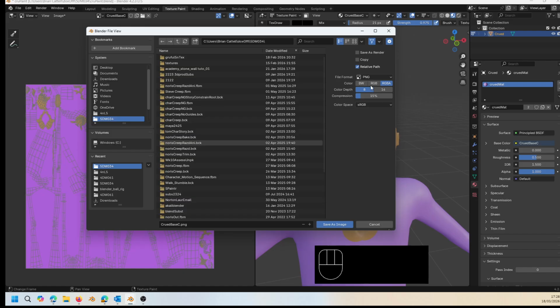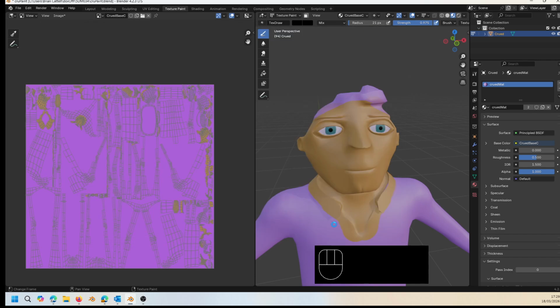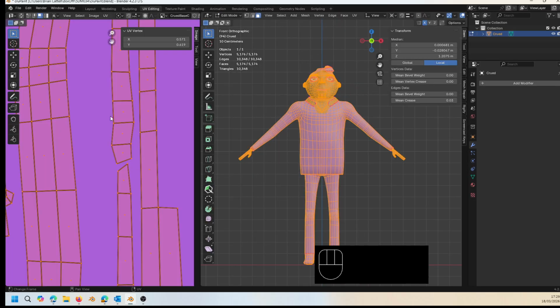But if you were feeling you didn't need an alpha, or you're going to do all that stuff in a separate image file, then you go RGB. It's going to be PNG format, which works pretty well, and then save as image. Now what we'll get is not going to have these template items on, so you need to remember to save this out as a UVW template when you're in the UV editing window. So go UV edit